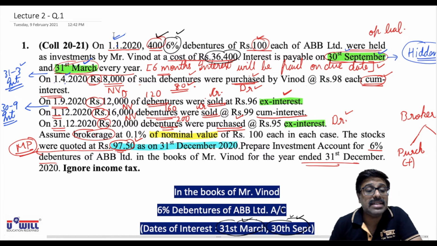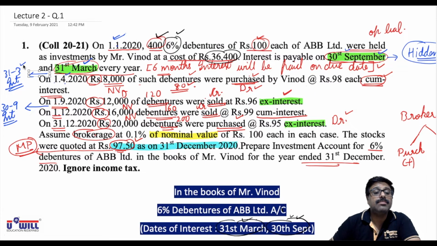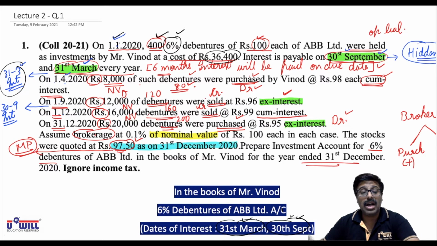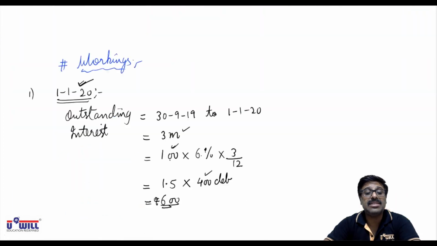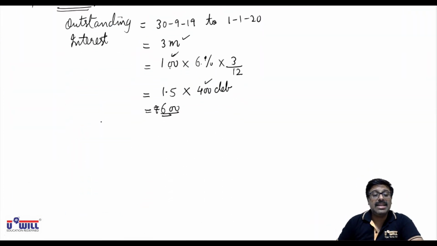Now see, what did we insert in between 31st March? All of you see that what did we insert in between 31st March? Because after 1st January, 31st March will fall, then we will record 1st April's transaction. So now we will record 31st March transaction. What is that? Interest received. Okay, what is that hidden transaction on 31st March? Interest received.